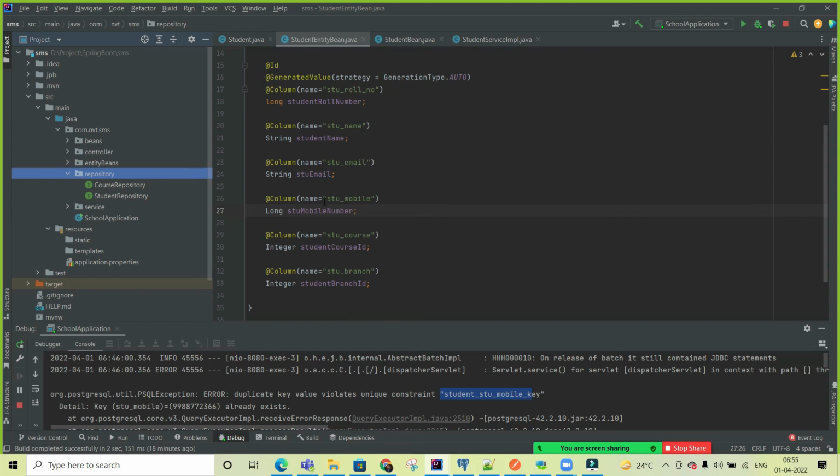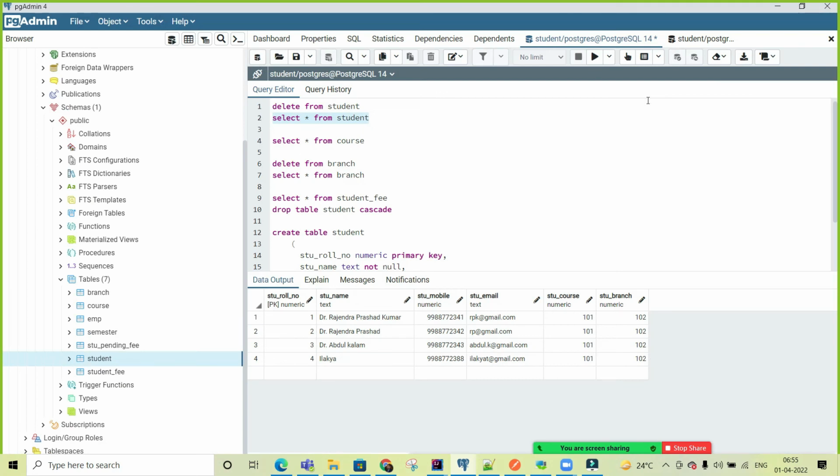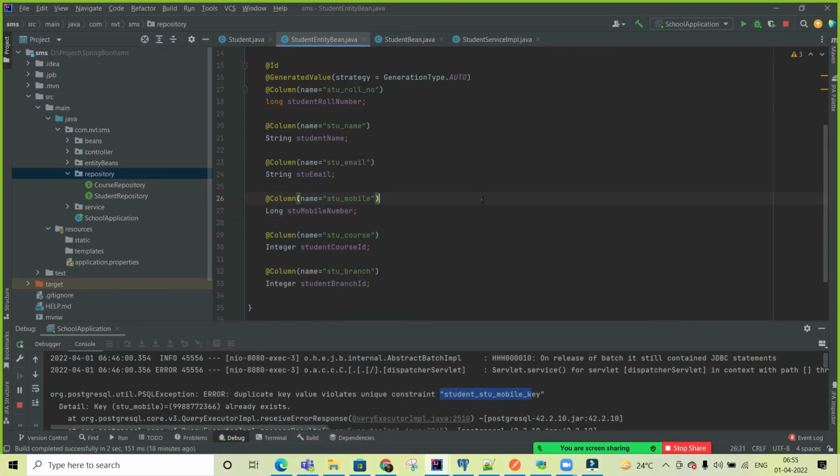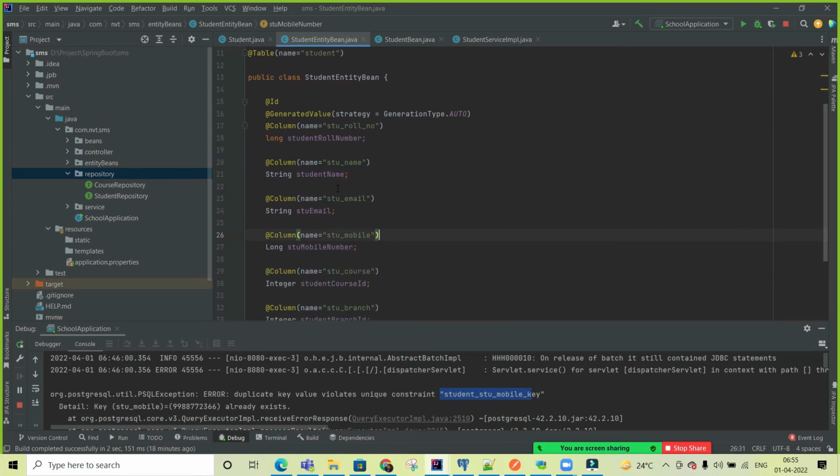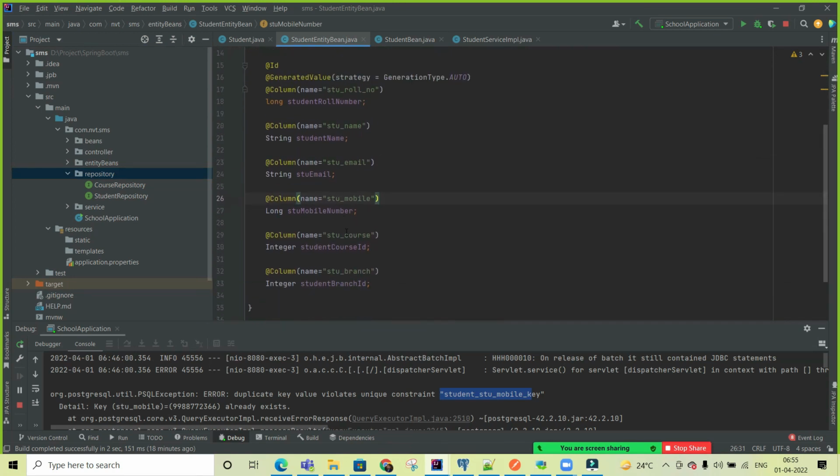Now the second level is the mapping. Mapping is called the foreign key, primary key, and how they work in this code. We explained all keys, primary key, foreign key from the database perspective, but how they are implemented in the code. Suppose this is a primary key in one table, this is a foreign key in the other. How we manage that is called mapping. One to one, one to many, many to one. These relationships we manage using the mappings in JPA.